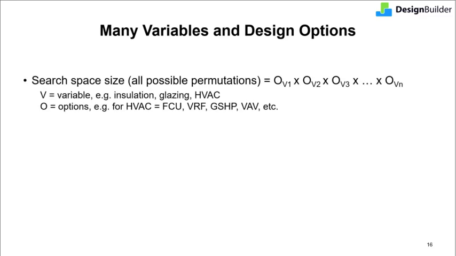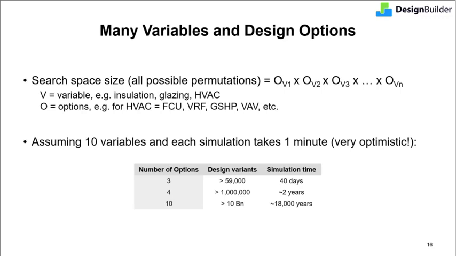The parametric examples we saw explored 1 or 2 variables with a handful of design options. The total combinations, or the search space, consisted of a few dozen simulations. Then what happens if there are many variables and design options? The number of combinations increases exponentially. The size of the design space is the multiplication of all the options of all the variables. So if I assume that there are 10 design variables with 4 options each, the number of combinations would be